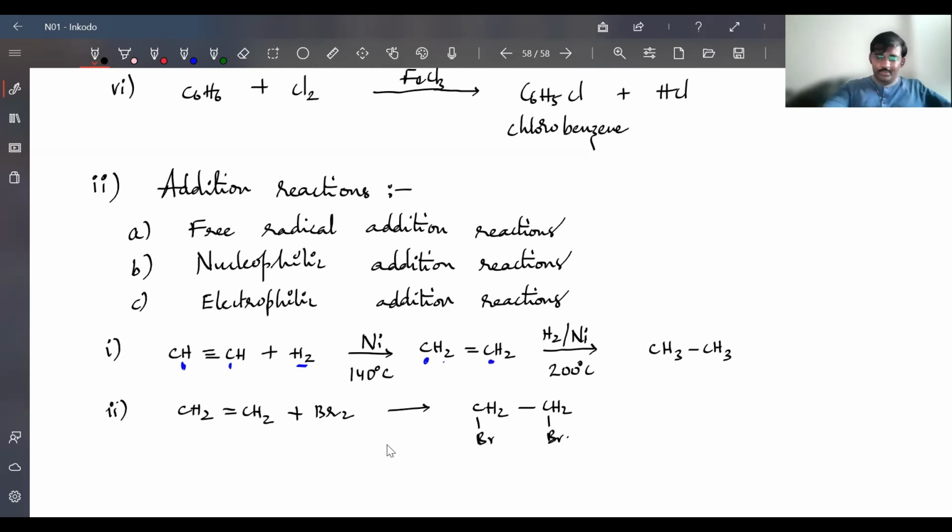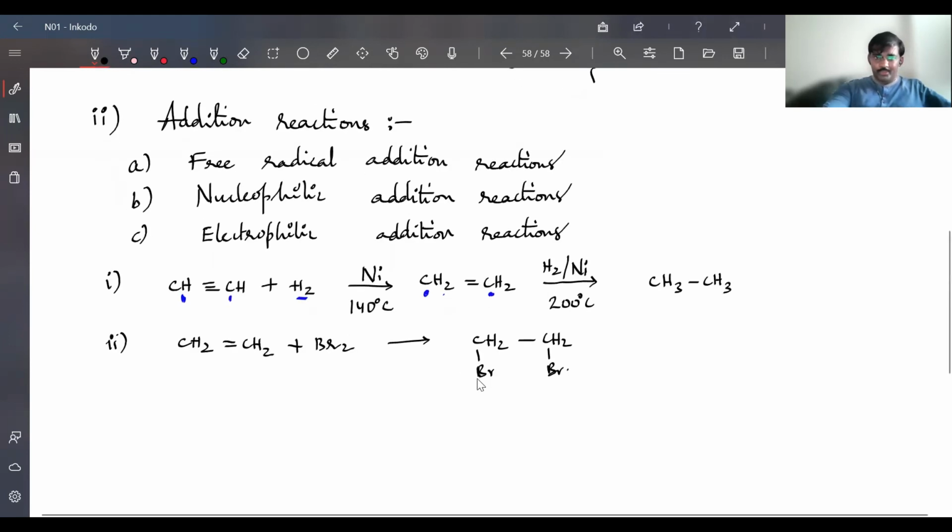Okay, 1,2-dibromoethane I got now. So there bromine is attached to the double bond. Addition happened there. Similarly, if I go with acetaldehyde, acetaldehyde means you are having C double bond O H. I'm writing here CH3CHO, that is acetaldehyde. So in the previous two cases, it is a free radical addition. Free radicals attached in both the cases.